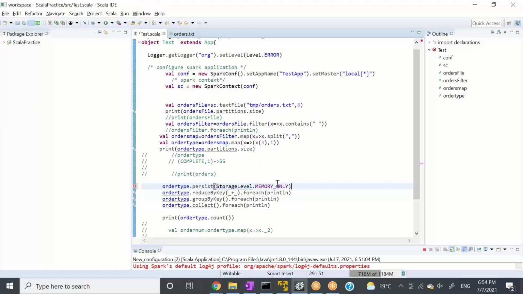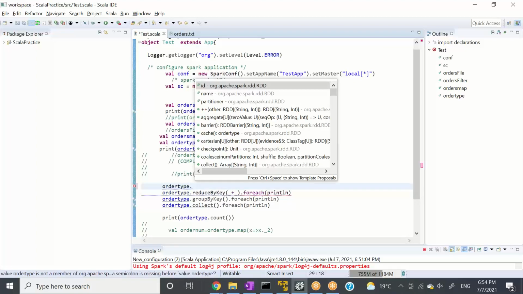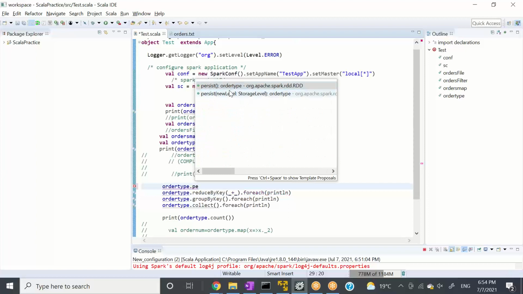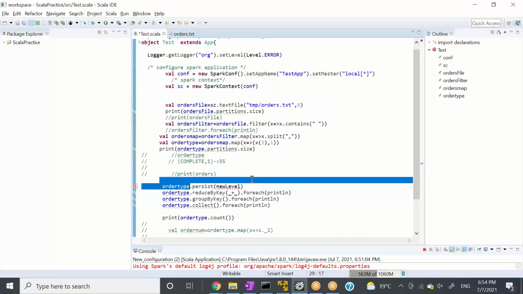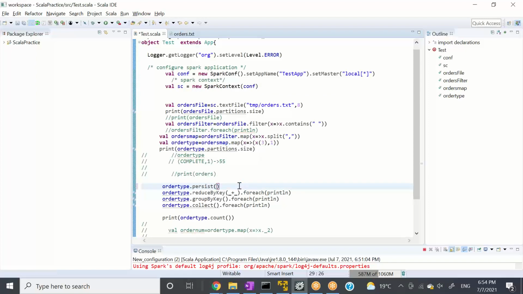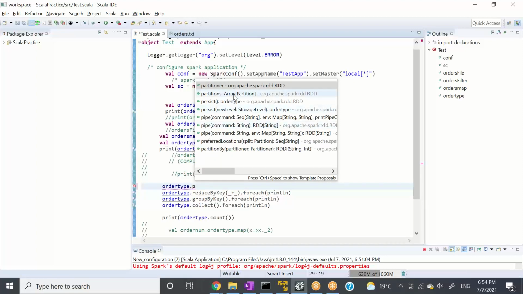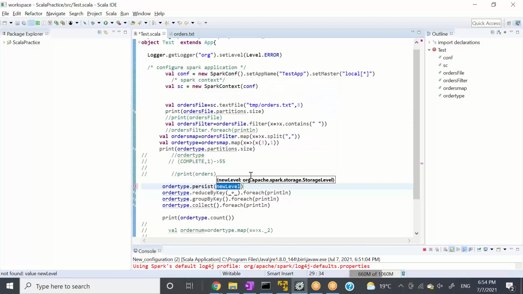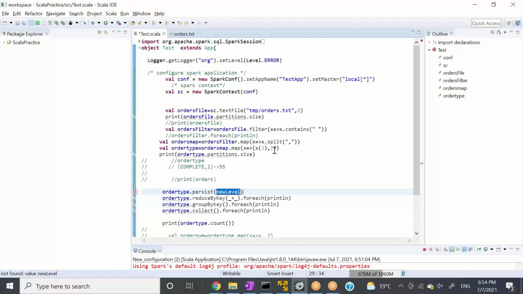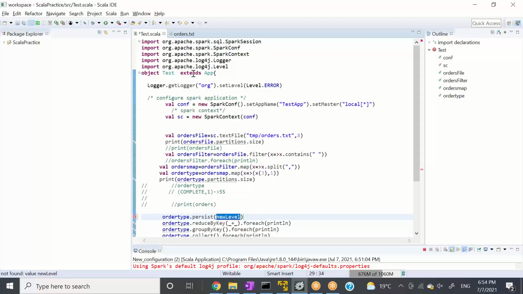Okay, let's do one thing. I need to copy something. So let's say persist, and I'll copy this. Sorry. I don't remember the import. If you don't remember the import, it is asking for org dot apache dot spark dot storage level. So we need to import that, right?